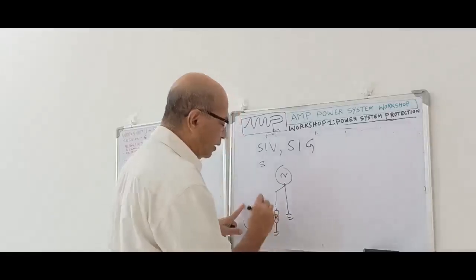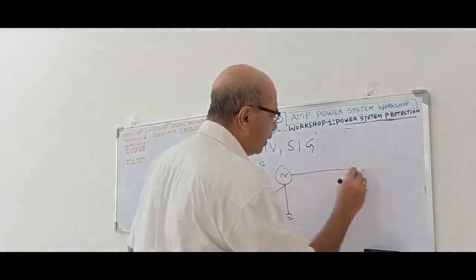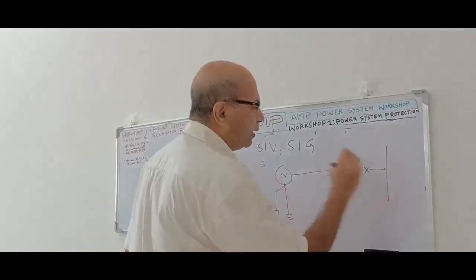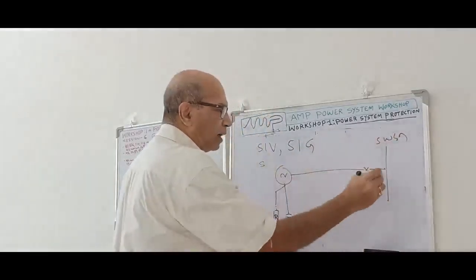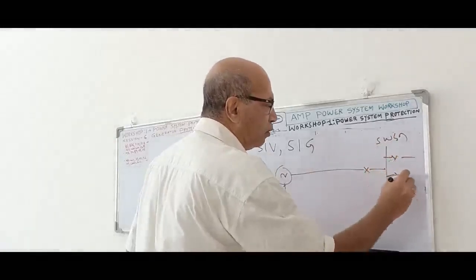This is a resistance. These are the two modes of connection. Then it is coming, and this is your generator breaker and this is a switchgear. This is a bus bar switchgear. So this way power is coming from the generator, then it is getting distributed to the various loads.